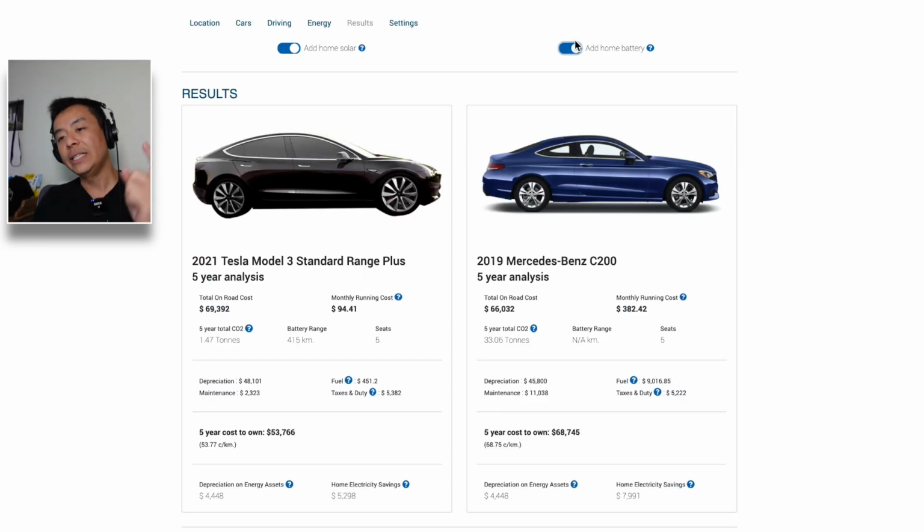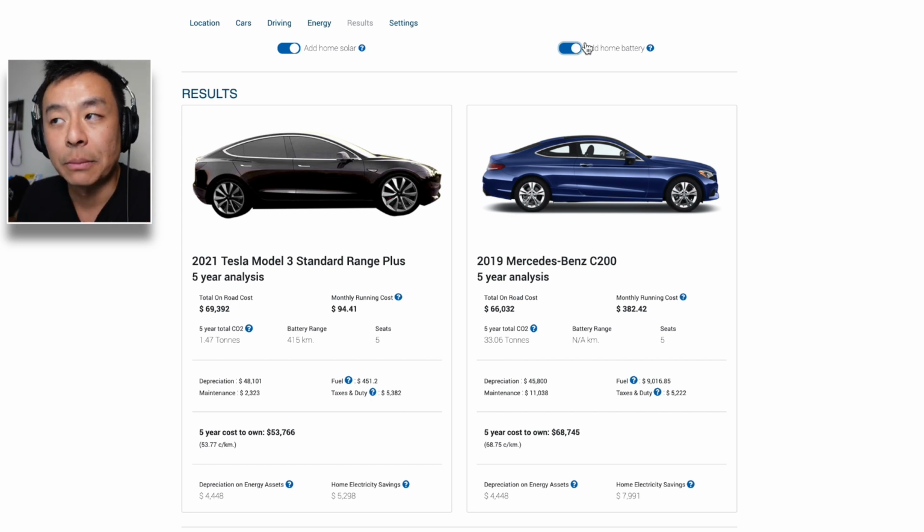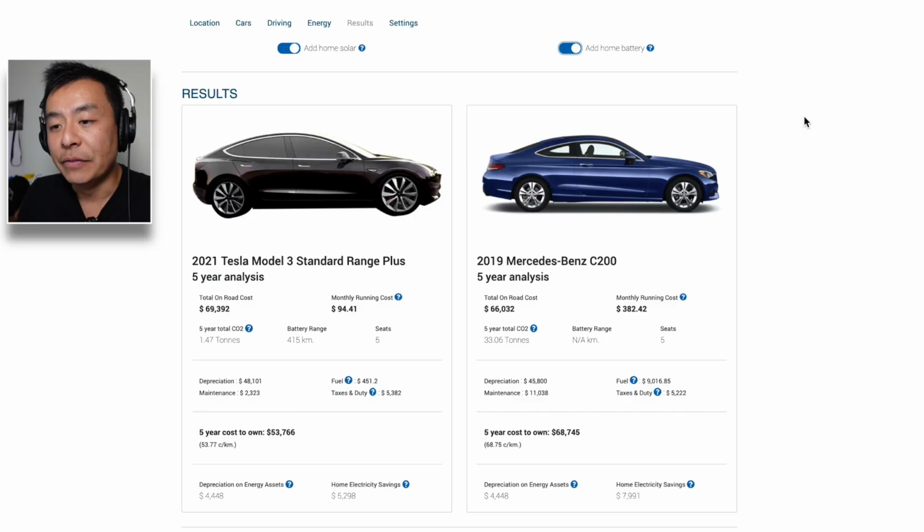But what's really interesting actually is looking at the depreciation on the solar panels versus the battery. A lot of the time people tell me, well, a battery is actually not worth buying because it's quite expensive and you don't get much more saving. And unfortunately that seems to hold true as well if you look at the depreciation on the battery compared to solar. So if I take off the home battery tab, down here, the depreciation on energy assets only drops by $1,324